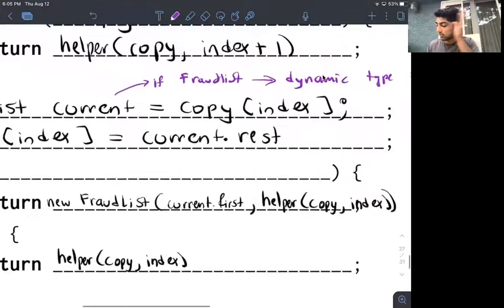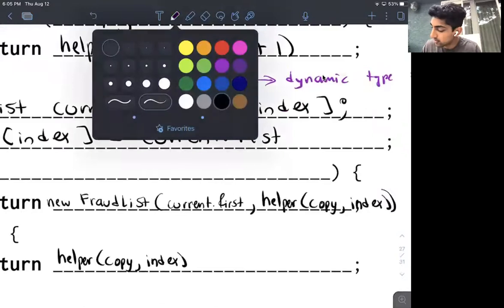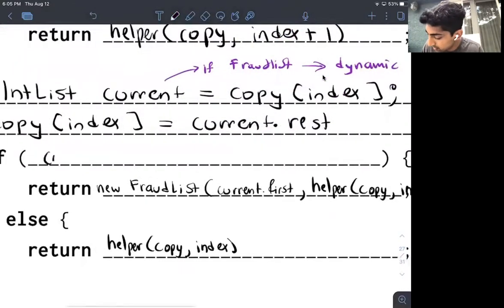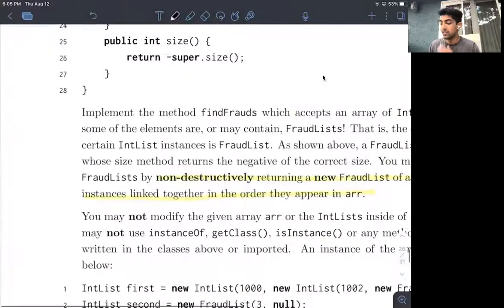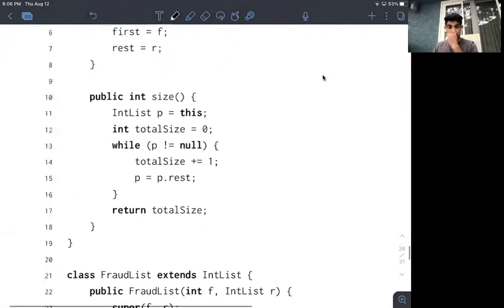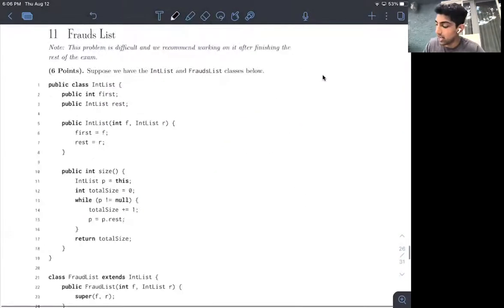So if I call current.size, notice here what's going to happen is that in compile time, we're in the int list class because current is static type int list. So we will lock in on this method signature.